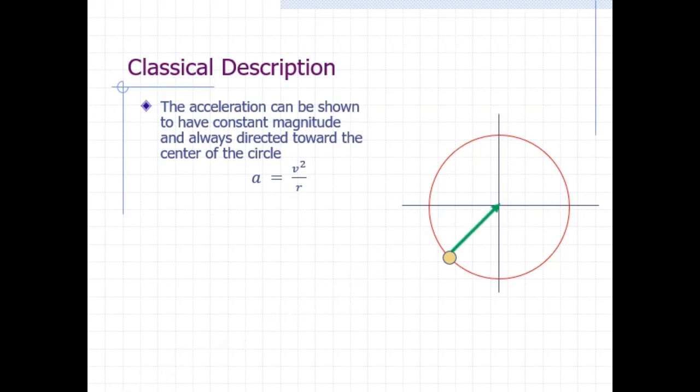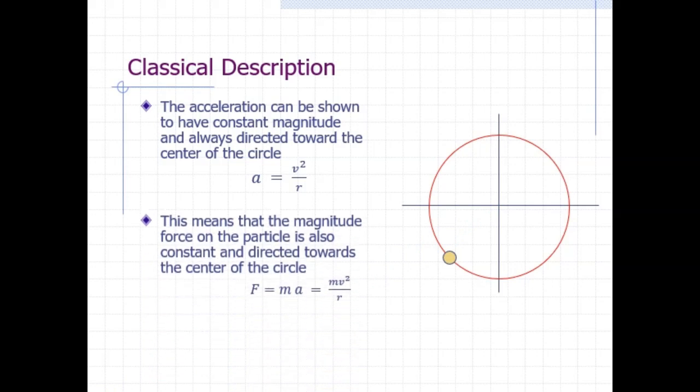Newton's second law says that force equals mass times acceleration. Or, in this case, the magnitude of the force is m times v squared over r, where m is the mass of the particle. Since m, v, and r are constants, we can say that the magnitude of the net force that is causing the particle to follow the circular path is also constant. The force and acceleration vectors point in the same direction. Thus, the Schrödinger equation for this system is an example of what is known as a central force problem. The force vector at any given location points toward the center of the circle.